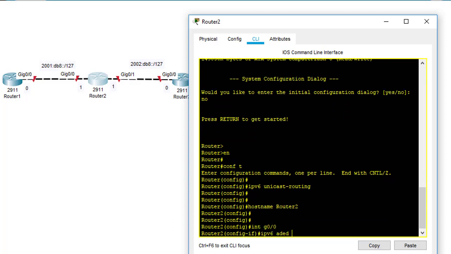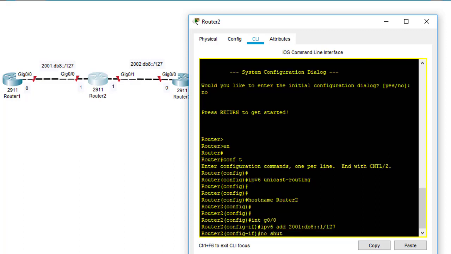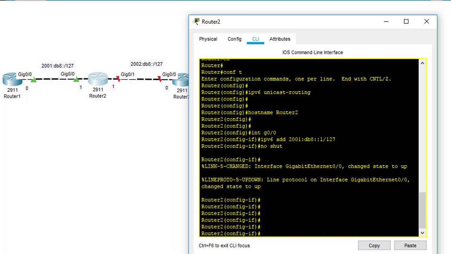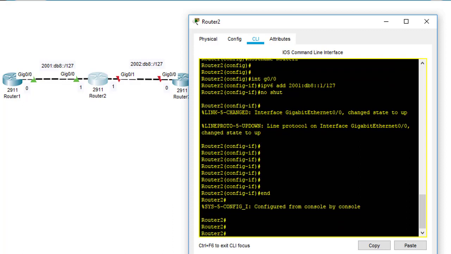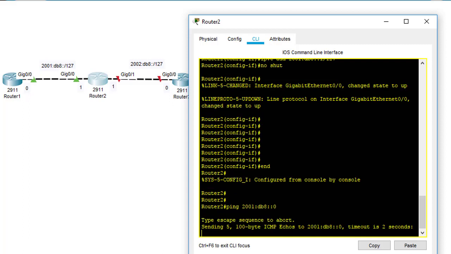The IPv6 address is 2001:db8:: and /127 is the prefix length. Okay, so I'm going to ping 2001:db8::0, and as you can see,